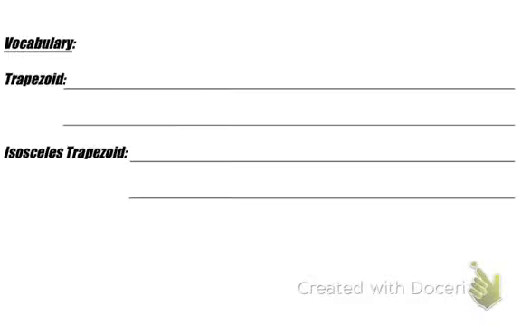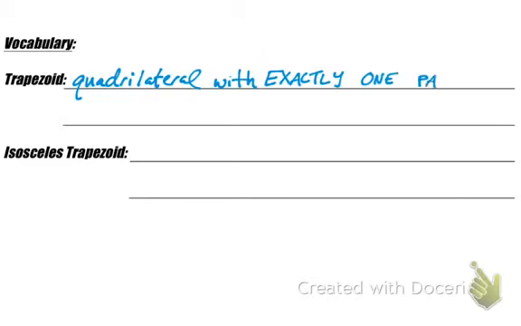Hey guys, in this video we're going to learn about the properties of a trapezoid and a little something about its midsegment. Alright, so a trapezoid falls under the quadrilateral family, and specifically it's a quadrilateral with exactly one pair of parallel